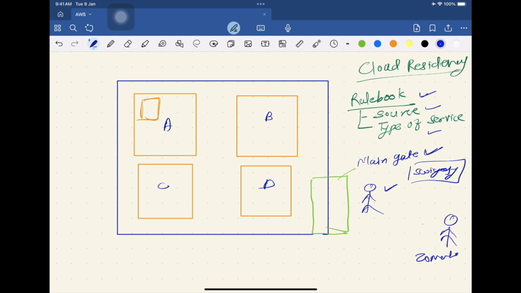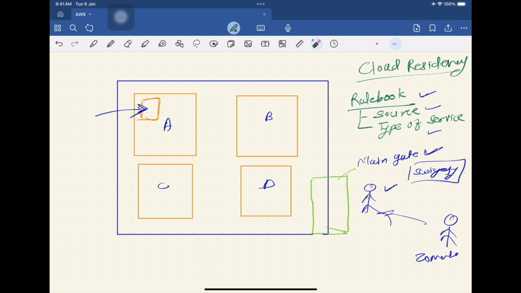So this Zomato person walks up to your gate and asks the security guard to allow him entry to visit this particular flat where you are living. But the security guard first checks the rule book. This rule book does not have an entry for Zomato. It only has the entry for Swiggy. That means this person would not be allowed inside the premises. Obviously, once you realize that your rule book only has the entry for Swiggy, that means the source would allow only the Swiggy delivery guy and not Zomato.